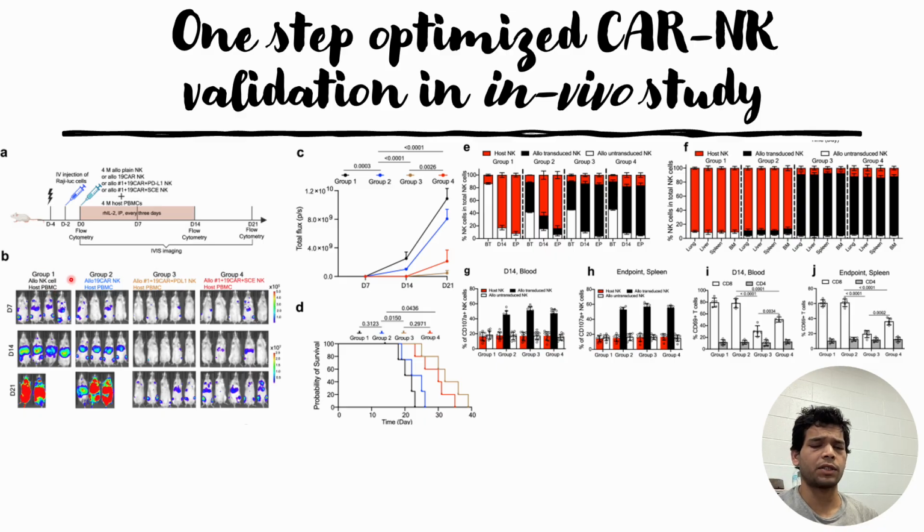Group 1 is untransduced allogenic NK cells. Group 2 is transduced allogenic NK cells with only the CD19 CAR expression. And group 3 is transduced CAR NK cells with CD19 expression. At the same time, HLA-ABC is knocked down using the CRISPR RNA, and PD-L1 is overexpressed. And group 4 is